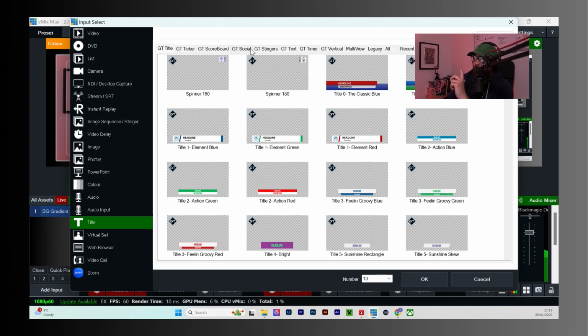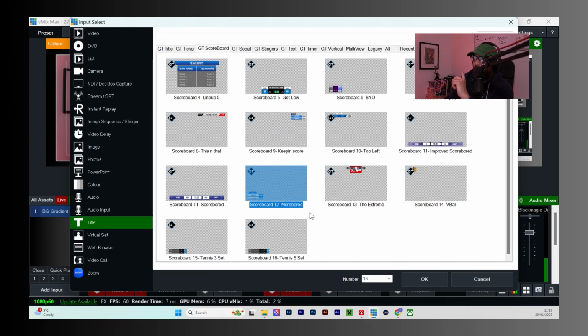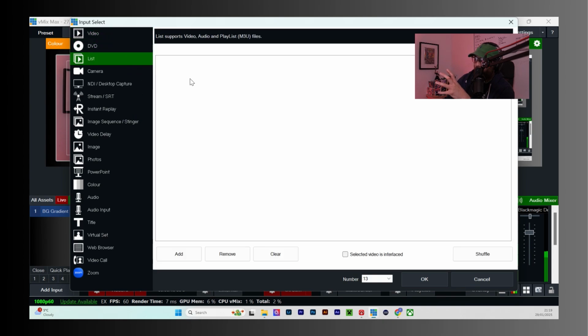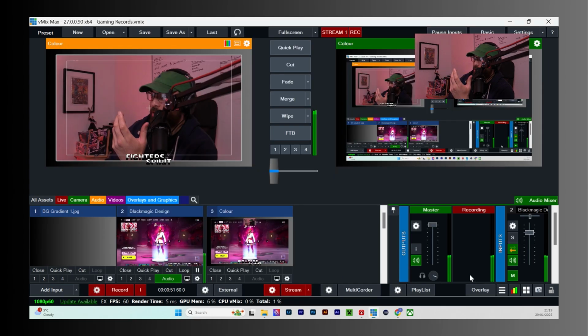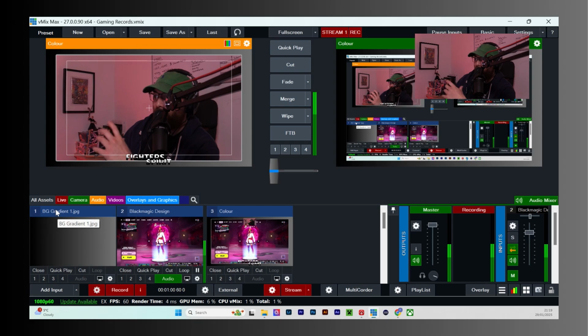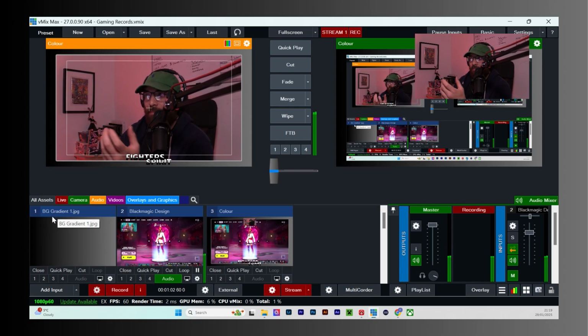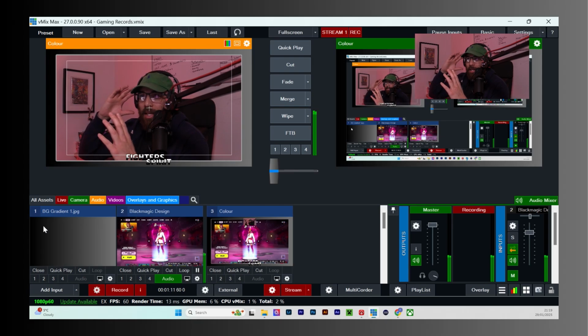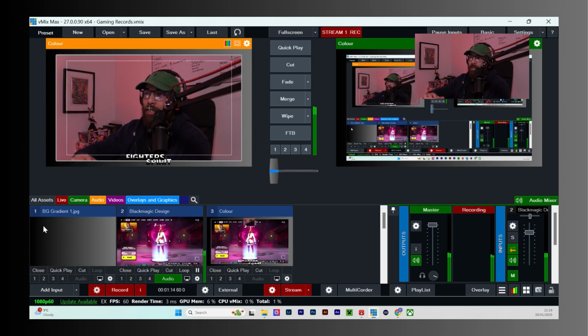So when I use the scoreboard for the def counter, this is where I would get that from. But you have a bunch of these different options for things that you can use to add to your show. And then what you can do to get more organized, you can move everything into their applicable spaces, because these are out of order just because I've thrown this together this evening. But what you'd want to do is get everything in order so that it's organized in your mind and it correlates to how you're going to run the show.